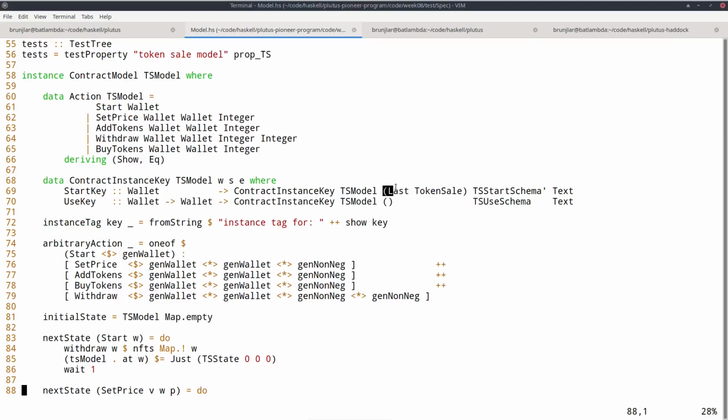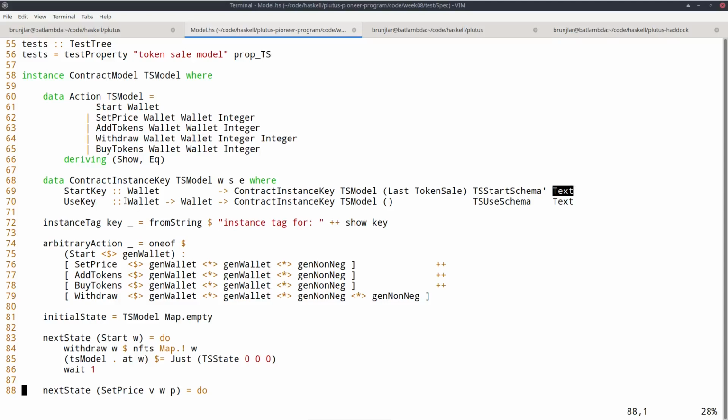So the state type, which is last token cell, if you recall in this case, then the schema, and here I use the primed version because I don't want to generate an NFT using this forge contract. I want to pass it in. That makes it easier to write the test if I know in advance what NFT I will be using. And text is the error type.